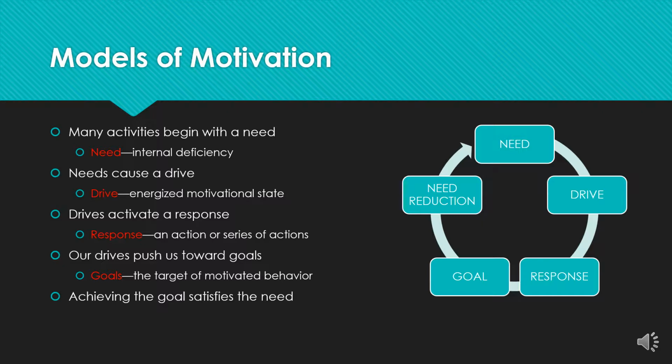Models of motivation indicate that motivation follows a predictable cycle, which typically begins with a need, which is driven by an internal deficiency, or something that we need internally. That need causes a drive. A drive is an energized motivational state. So the energy and motivation to pursue a goal, really. And that drive activates a response. So a response is an action or a series of actions which drive us towards our goal. And the goal is the target of the motivated behavior. Achieving the goal satisfies the need. And once that need arises again, then the cycle begins again and cycles through need, drive, response, goal, and need